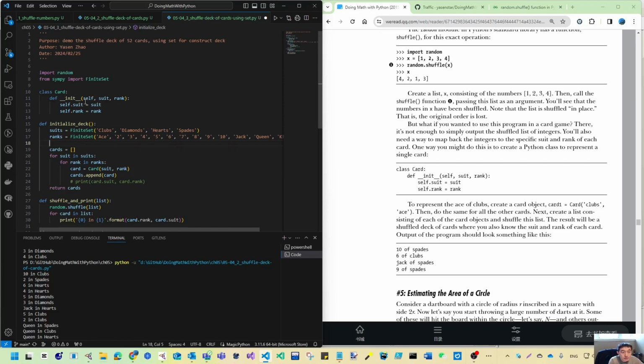I put the deck equal to suits times ranks. And we have our cards, which is empty, and for, let's see,